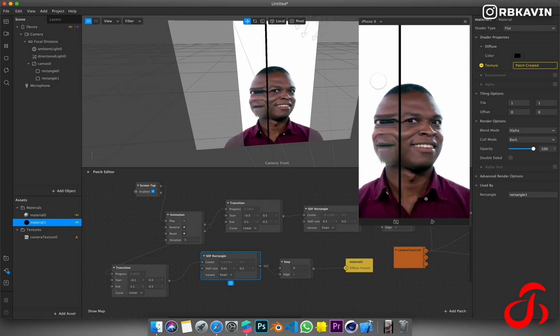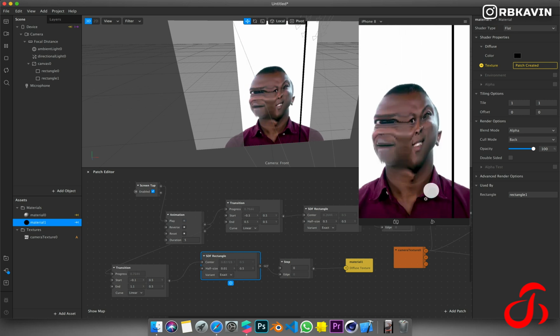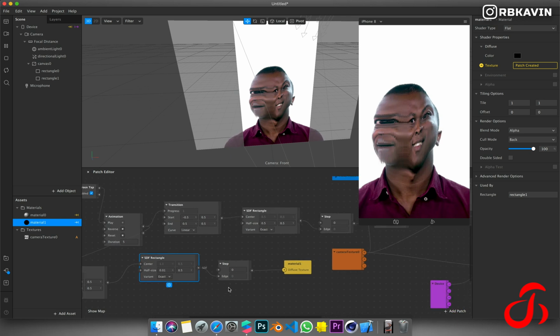Now if I restart it, you can see it is happening as we expected. So this is how you do the transition. You can use other elements to smoothen things off.